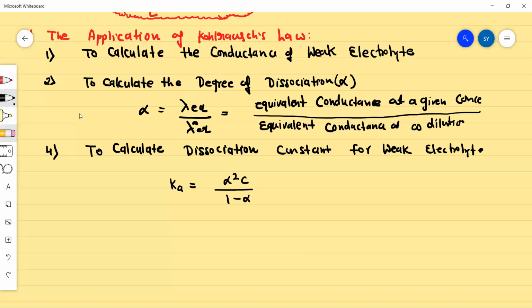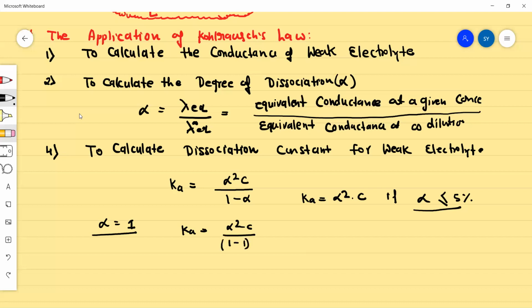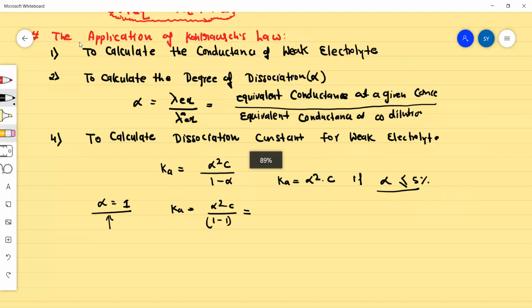So Ka can be equal to alpha square into C if alpha is equal to or less than 5% dissociation. If you take alpha as 1, it means it is a strong electrolyte. Then the denominator will become 0 if you take alpha as 1, so this is not defined. That's why this is not applicable for a strong electrolyte, because for a strong electrolyte the value of alpha is considered as 1. Okay, now the fourth one, that is very important,